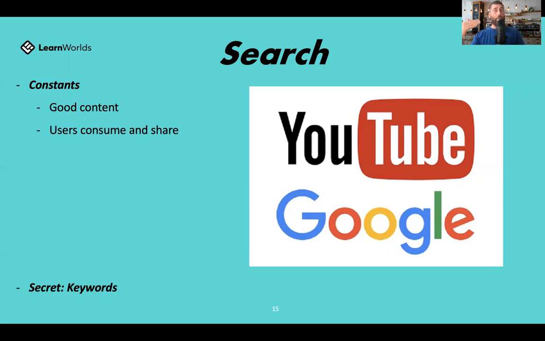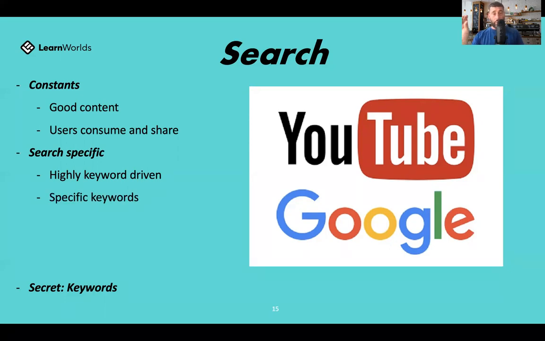And what do we mean by good content? Things that users consume and share. And that's pretty consistent on most platforms anyway, but it's specifically those two, YouTube and Google. If people are watching the whole of your video, reading the whole of your blog, Google will consider that good content and get it out there more. The things that are most search specific is that it's highly keyword driven. So what do I mean by that? Good content, it's a start, but unless it's very keyword optimized, no one is finding it.